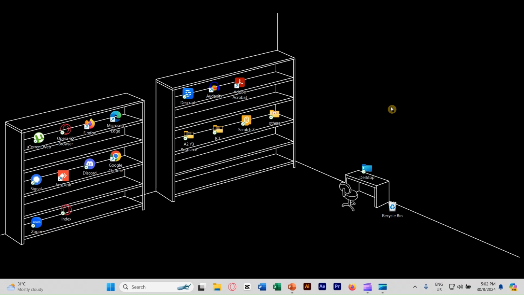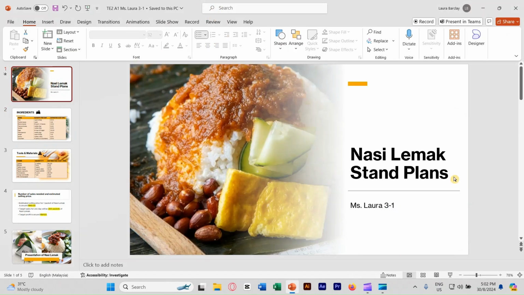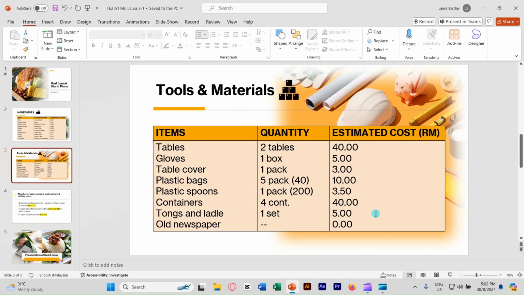Okay, so let's first look at your proposed pitch idea for your business. I'm going to use my example first. My example is the nasi lemak stand, the plans for it. So the ingredients, this is my estimated cost. That means how much I guess that I will spend for the ingredients and also how much I will spend